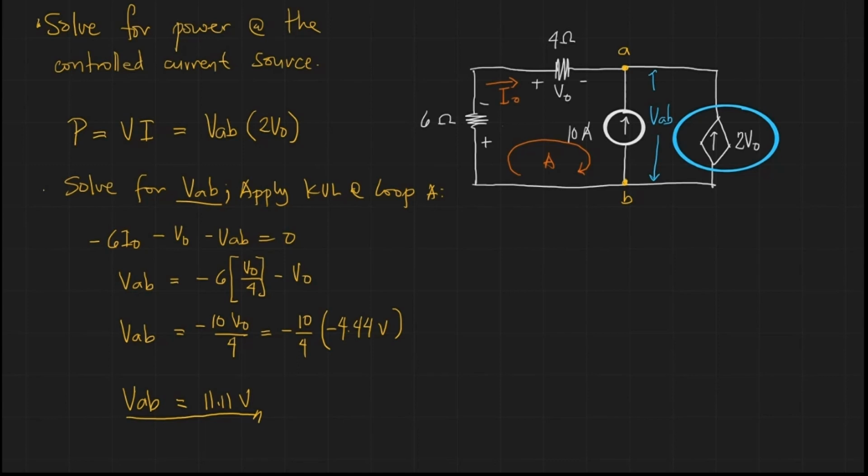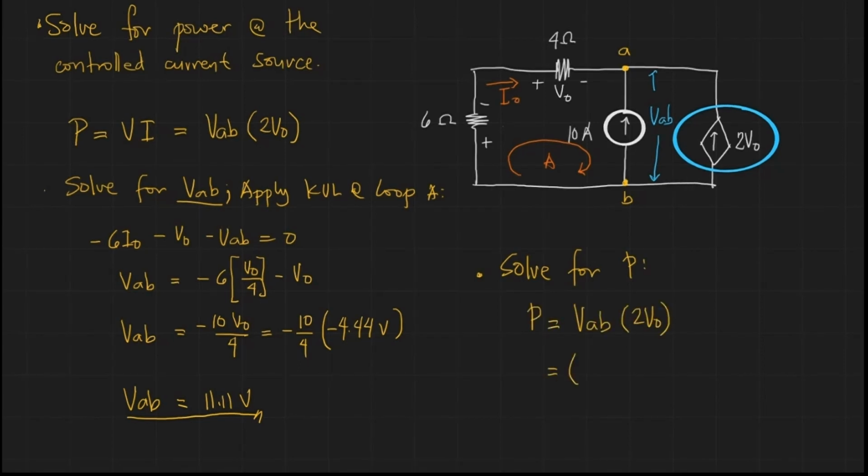Now we just have to substitute that back to the formula for power. We can now solve for the power. P is equal to VAB times 2 VO. So we just have to substitute the value. We have 11.11 volts times 2 times 4.44. The value will be negative